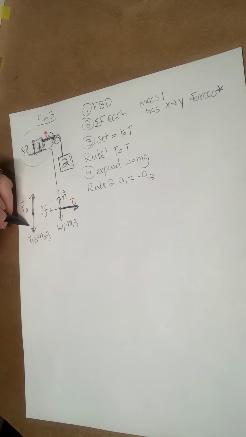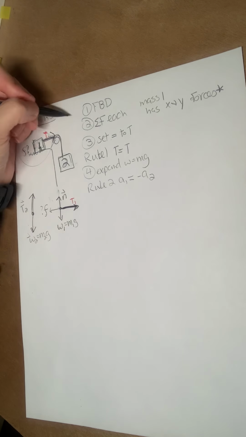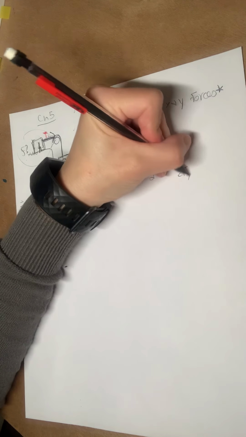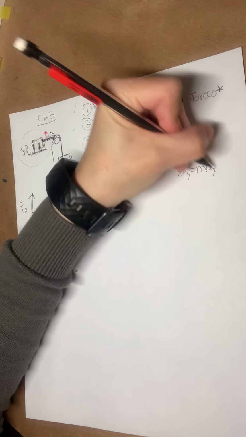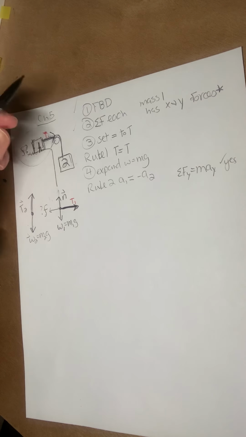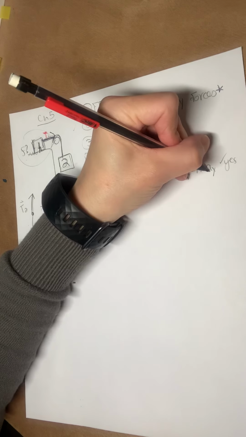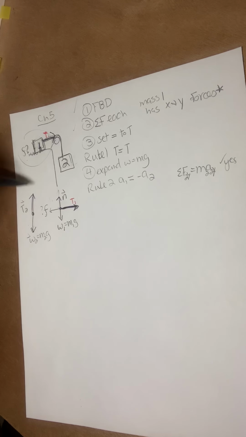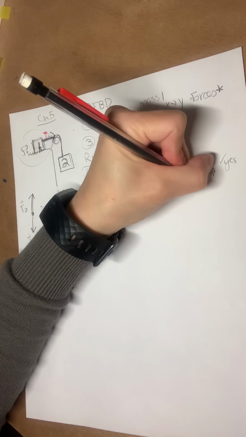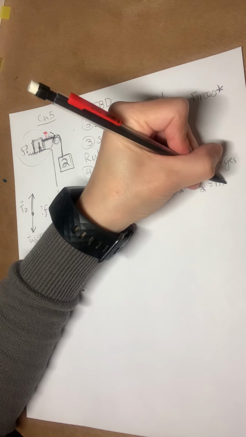Let's do the easiest one first. Why not? Let's just sum. Okay, we did the free body diagram. Sum forces each. Let's get that done. So sum forces y equals mass times acceleration in the y. Will he accelerate? Yes. Sum forces 2y. Sum forces mass 2 acceleration 2 in the y. 2, okay, all we have is in the y, tension 2 up minus weight 2 down equals mass 2 acceleration